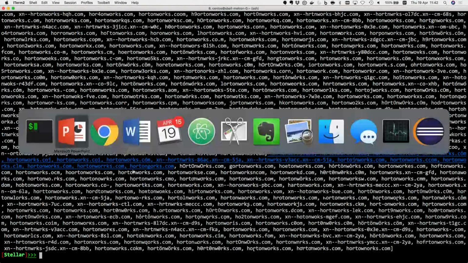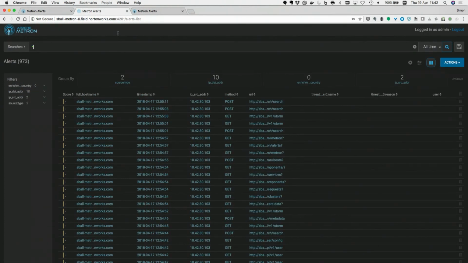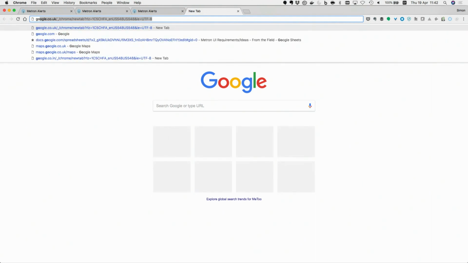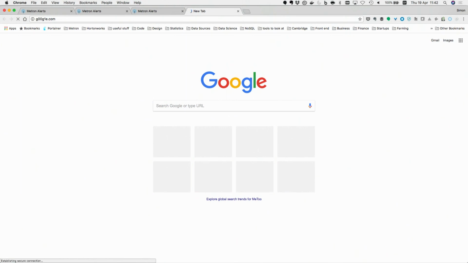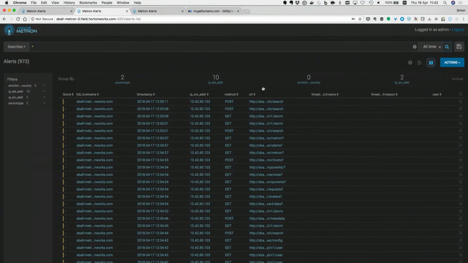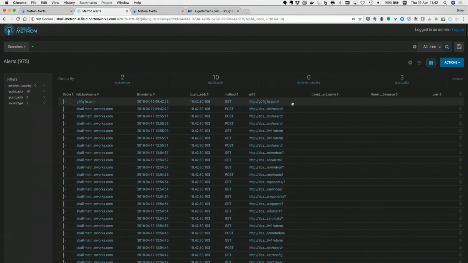Which is why, for example, if I see, my mouse has gone again, right? Okay. If I look at this, for example, let me just hook up to the proxy, and I am going to go to, let's see, google1.com. This is probably not a real typo squat domain, but if I browse to that, oh wow, someone has actually bought that one in the hope of probably launching an attack on it. So I've just done that through a proxy that's hooked up to this Metron. That data is then going to come through shortly, if my VPN will let it. And you see it's found that,